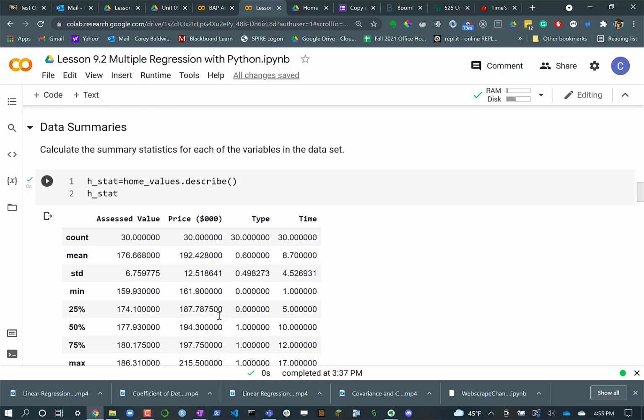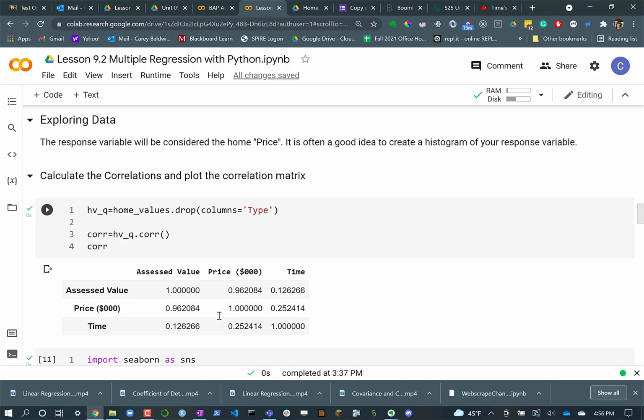After doing some pre-processing steps, a good thing to do is find a summary of all of the variables, and this gives us some common statistics such as the count, the mean, the standard deviation, and the 5-number summary. Notice that the 50th percentile is included. That's equivalent to the median of a data set. It's always a good idea to explore the data